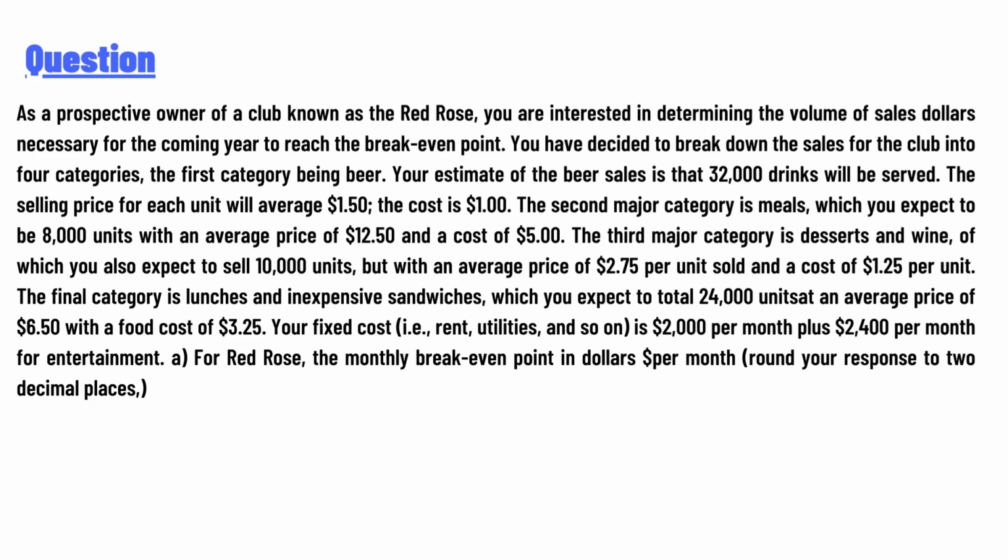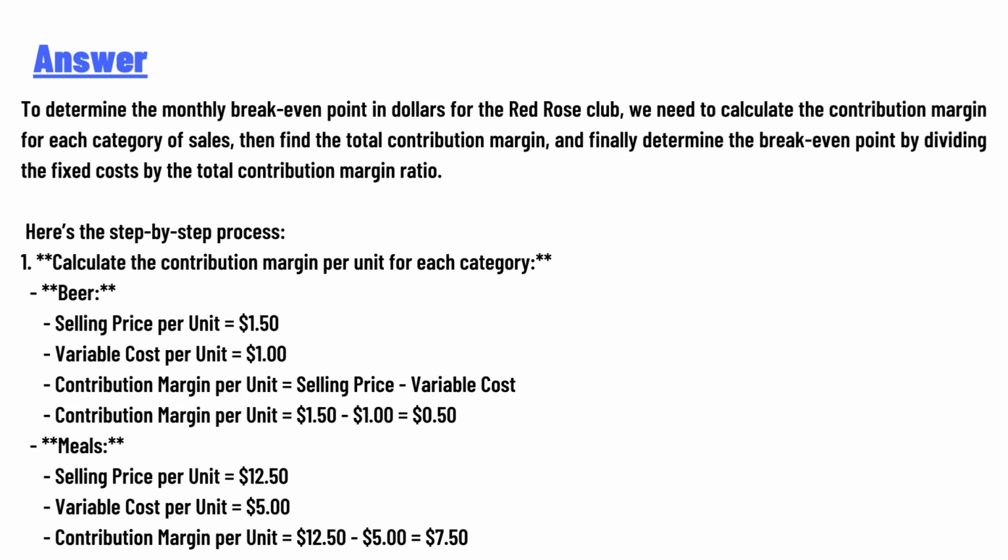Your fixed costs, rent, utilities, and so on, are $2,000 per month plus $2,400 per month for the entertainer for Red Rose. What is the monthly break-even point in dollars per month? Round your response to two decimal places, and the answer to the question is: